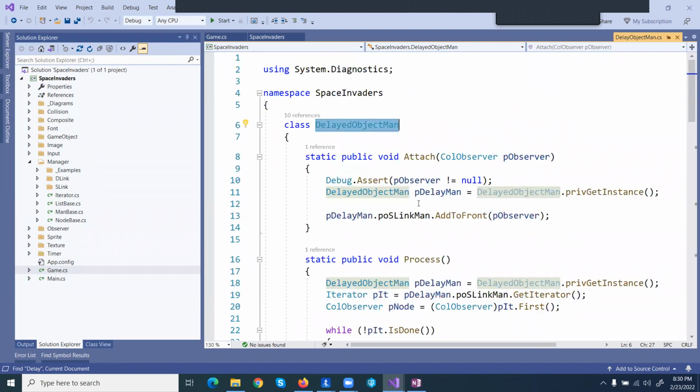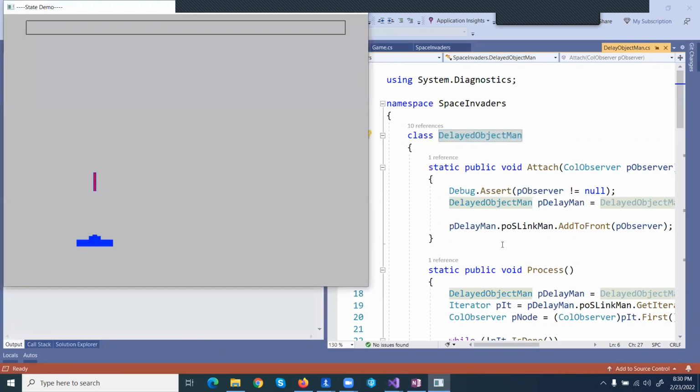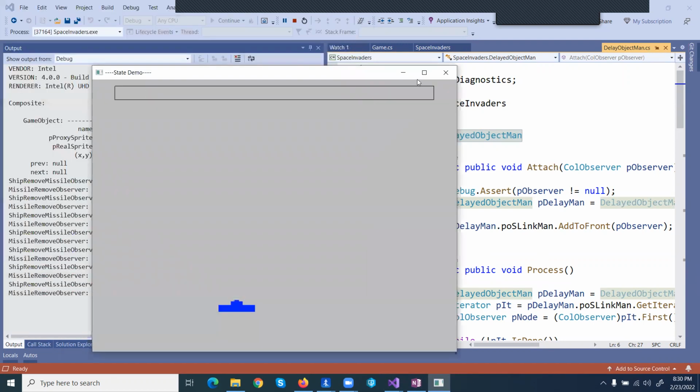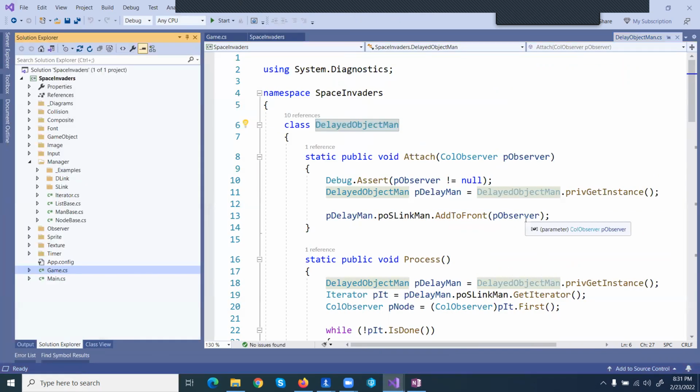So here's the rub. This version is just cleaned up, right? And what I added was a delay process manager. And to show what I mean by that is that when we